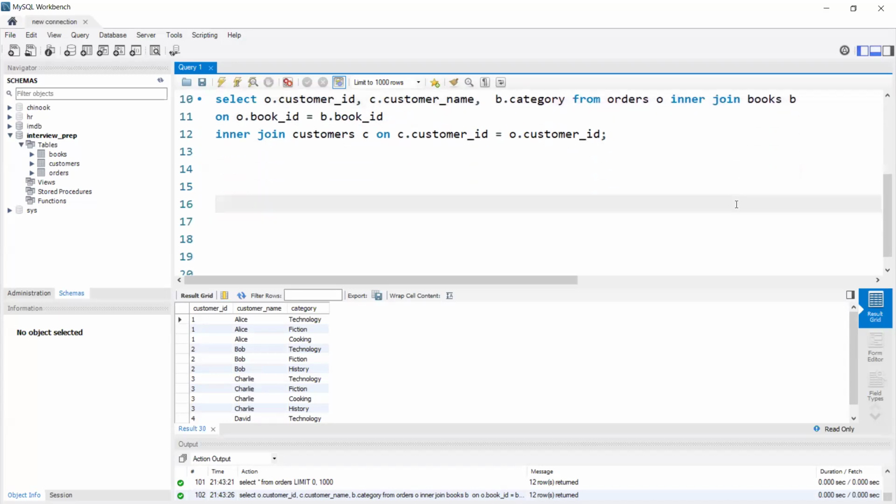So basically now I will apply the count. I want to count the unique categories per customer, so basically the distinct categories which they are purchasing. So I'll connect to the table again. Select O dot customer ID, comma C dot customer name, comma count of distinct B dot category as category_count